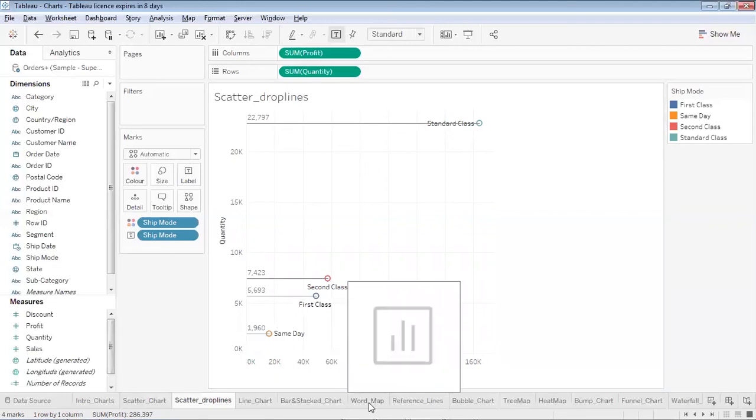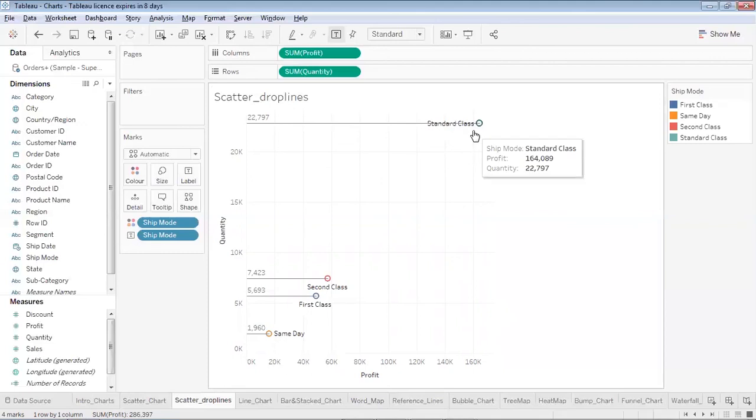So it shows me which shipping mode has given me the maximum profit. The products which are shipped using standard class are the ones which are giving me maximum profit, and the products which are shipped same day are the ones which are giving me minimum profit. So the company's strategy department can plan to discontinue the same day delivery of products, and they can plan to send the products on standard delivery mode because it generates more profit.